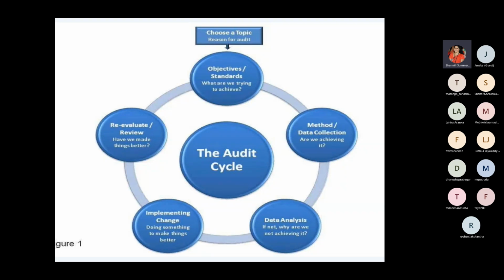So normally, if the care provided by the patient is not good, and through observation you identify that a particular staff member is not providing good care, then you need to have some objectives: what we are going to achieve. Our ultimate goal is to improve the care provided by that staff member. That is the objective that we need to state.